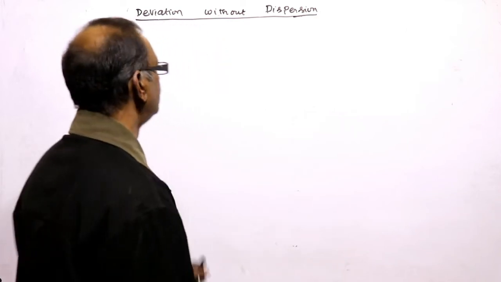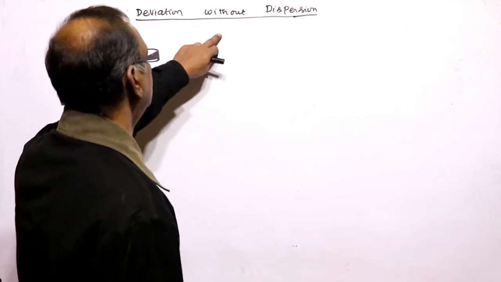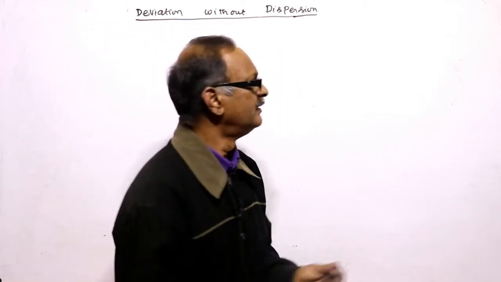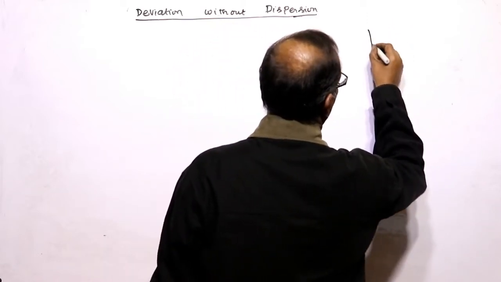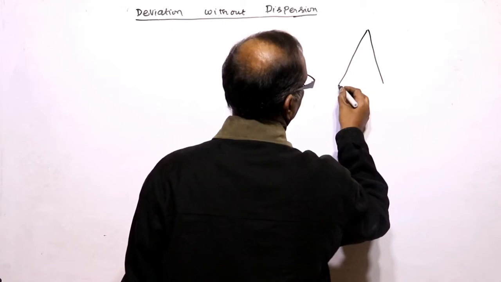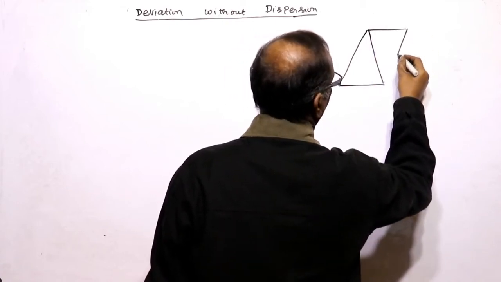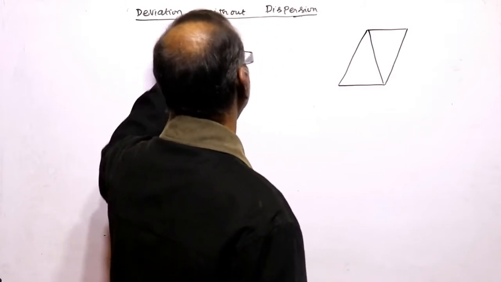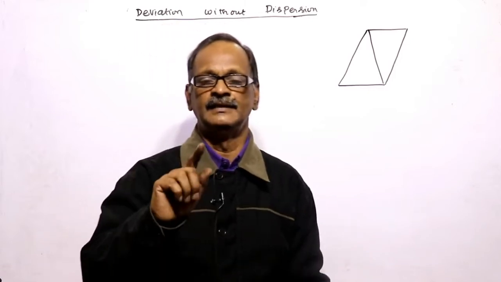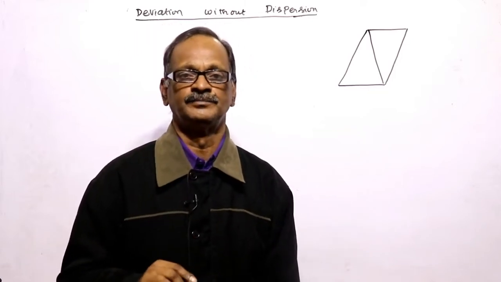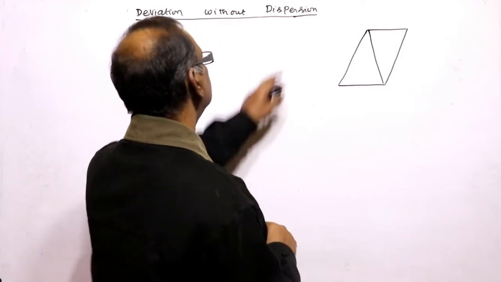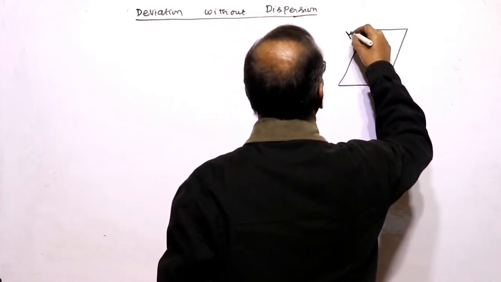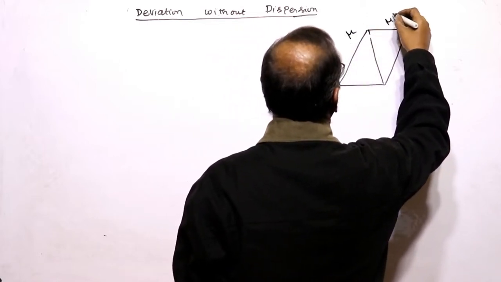In the previous video, we have seen dispersion without deviation. Now we will see deviation without dispersion by suitable combination of prism. We can get deviation without dispersion and dispersion without deviation. It means net deviation will be 0 and we can get dispersion, or net dispersion equal to 0 with deviation. This is the refractive index of the first prism, refractive index of the second